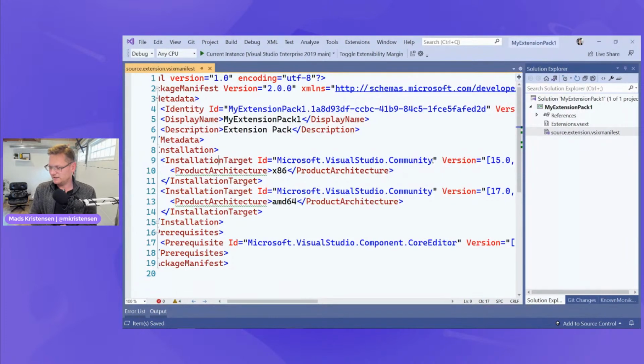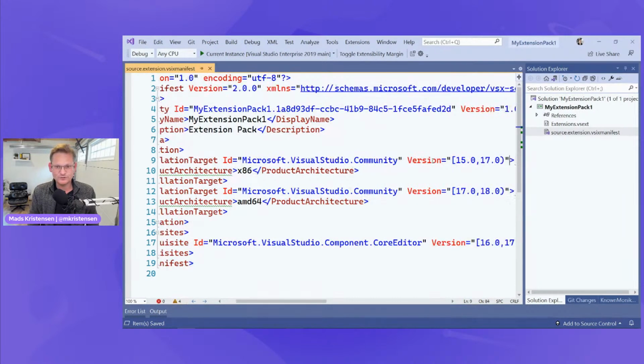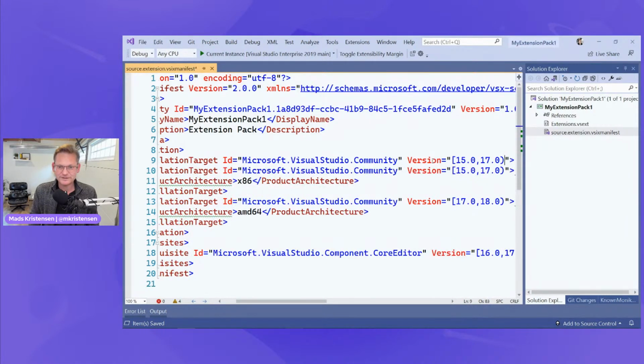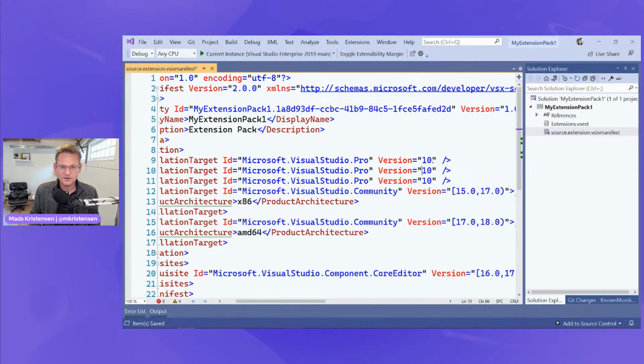And we used to do that all the time back before we could do version ranges. I don't know if you remember that, but before we could do version ranges, we would always have these multiples, right? We would say, okay, Visual Studio version 10. Of course it wouldn't be Community because that didn't exist at the time. So we would have Pro, then Visual Studio 11, Visual Studio 12.